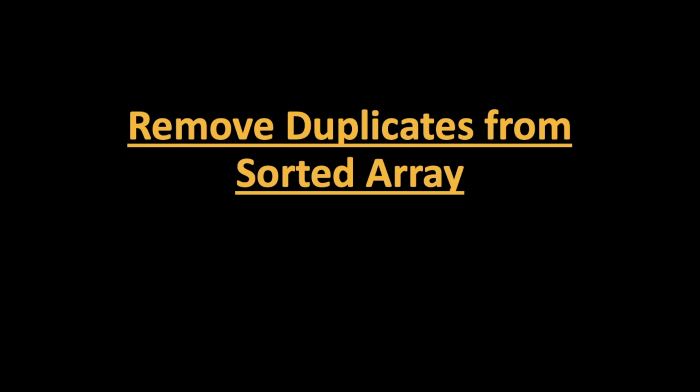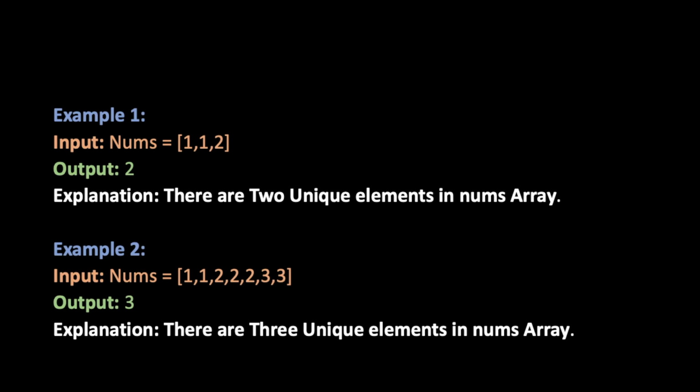Hello everyone, in this video we are going to discuss how to remove duplicates from a sorted array. Okay, let's take an example. We have a nums array that is having data 1, 1, 2. That means it is having three elements, but we can see 1 is repeating. But if you want to find out the number of unique elements, there are two unique elements, that is 1 and